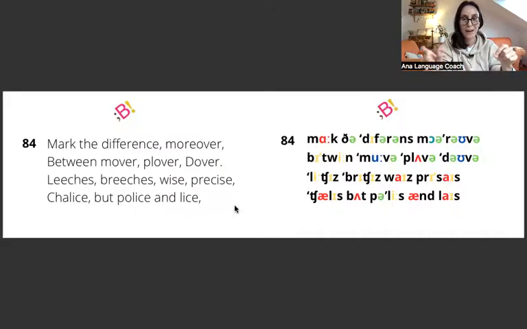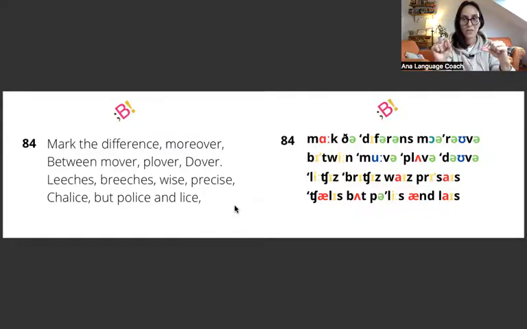Mover, plover, yes? So as you can see the patterns of English. The E at the end is usually not pronounced. When there is an R, it's also not pronounced, and you prolong the vowel, or you use a schwa, like in this case, mover, plover,